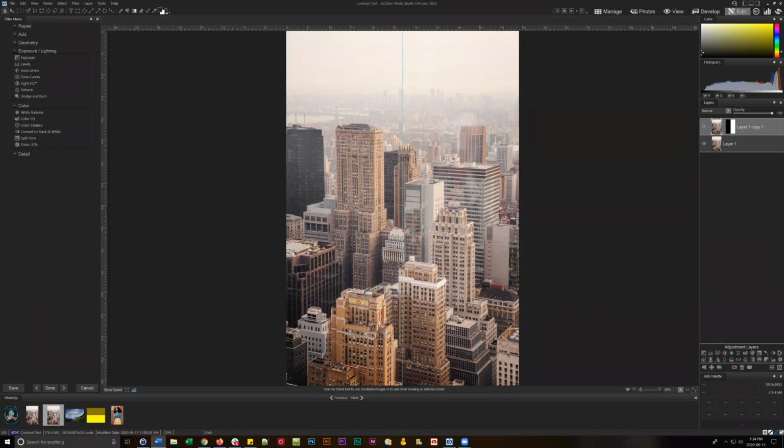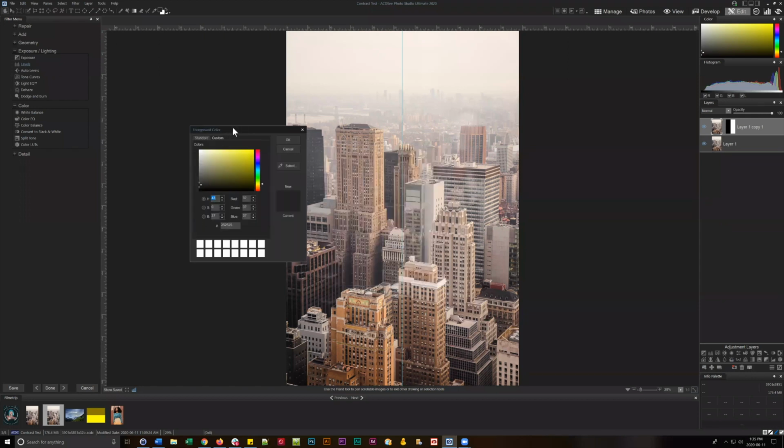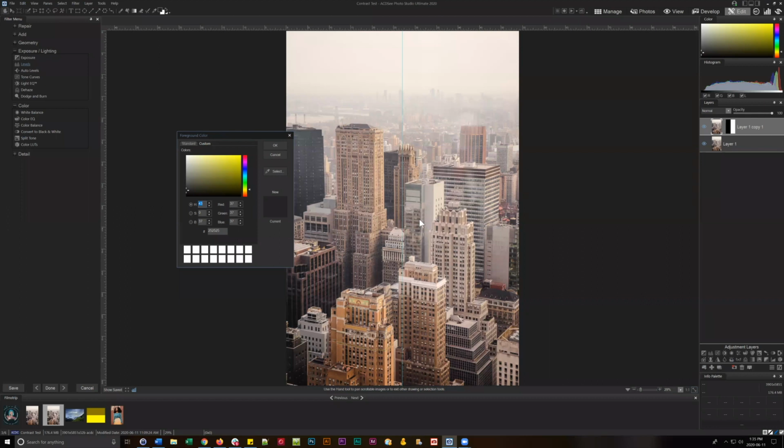Right. Okay. So let's talk about this. I'm in this position where I realize I'm utilizing these tools all the time, and I never really talk about the sliders themselves and these specific functions of color. So basically, in ACDC, in order to describe a lot of these things, I like to utilize a really simple tool, which is this foreground color picker, when we talk about contrast, saturation, light, hue, that sort of thing. But specifically, when we look at an image, and I have this image of our cityscape here,